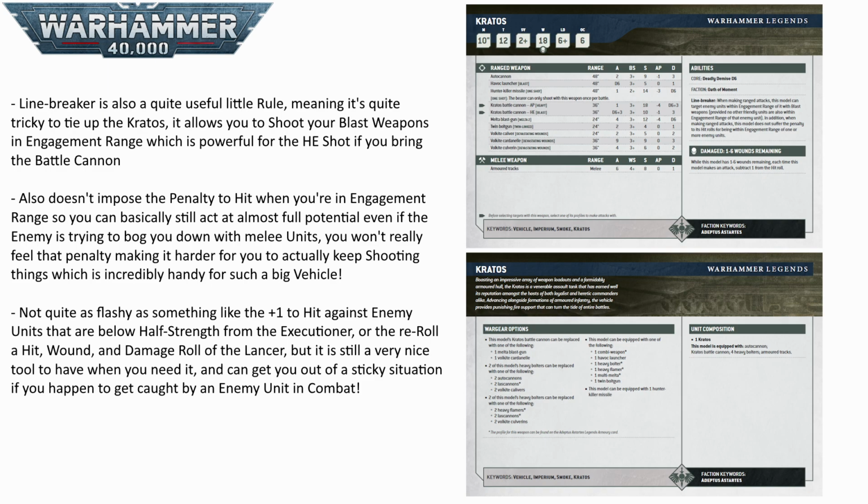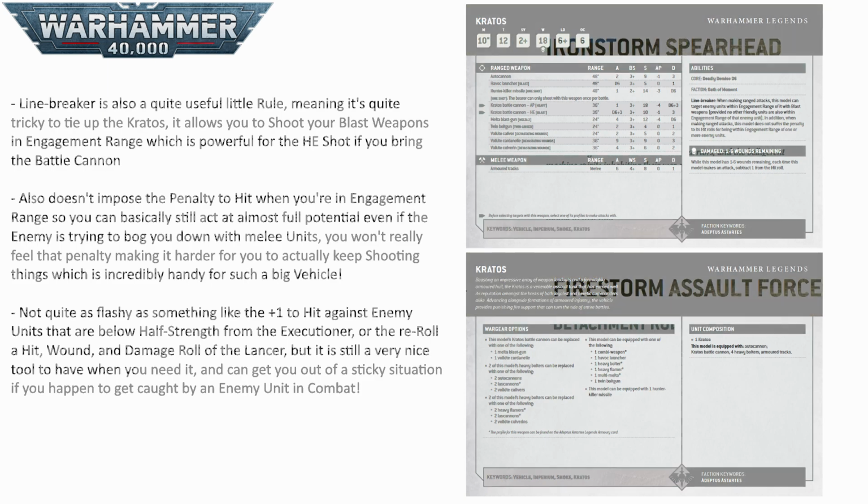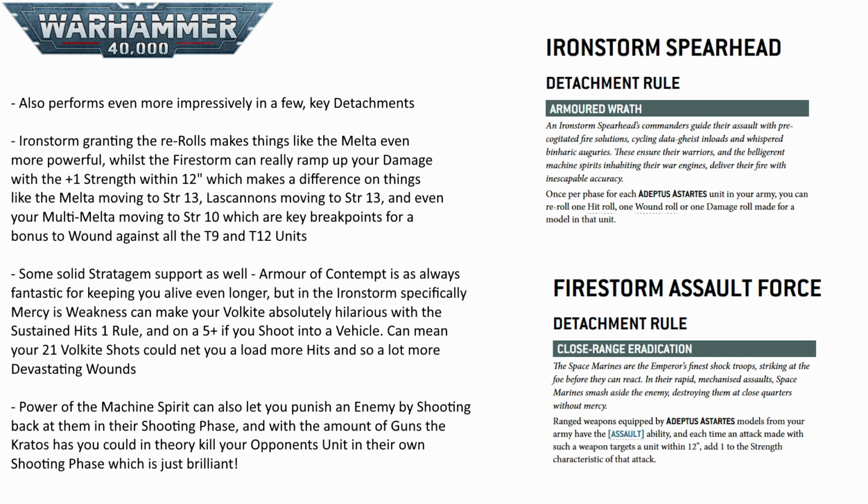Of course, while the stat line is great in and of itself, we also get some solid use for the Kratos in a few choice detachments. The Iron Storm is of course fantastic for it, giving you that hit, wound, or damage reroll, which obviously can make a big difference for something like the Melter Blast Gun or the Armor Piercing Battle Cannon shot, whilst a few stratagems, Power of the Machine Spirit allows you to really punish an enemy